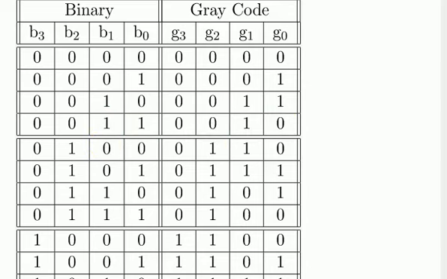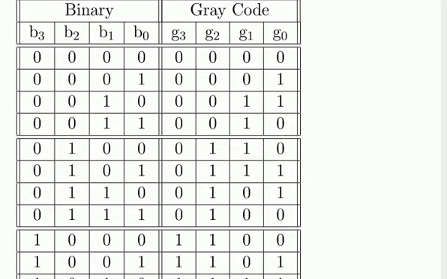Now in the next combination, we are having 0 1 0 0. So the first bit is 0, it will be placed as it is here. The next pair is 0 1. When we exclusive OR it with each other, the answer is 1, so we will place 1 here. The next combination is 1 0. When 1 0 is exclusive OR with each other, the answer is 1, and the last pair is 0 0, so the answer is equal to 0.